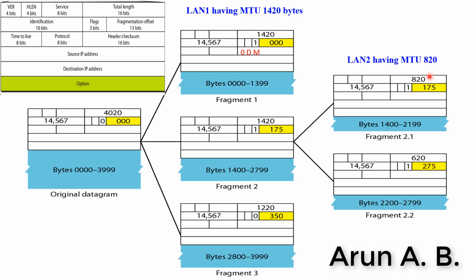Now let us see how the offset 175 is calculated. The size of this 1425 packet is 1400 for the data. When it is divided by 8, it gives us 175. You may ask why it did not start with 0. The first packet was already started with 0. We are dividing only this packet, therefore this offset number will remain as it is, and for the next we add an incremental offset.